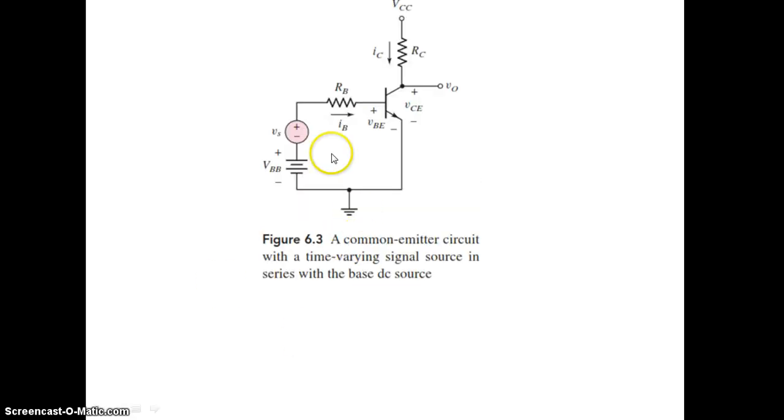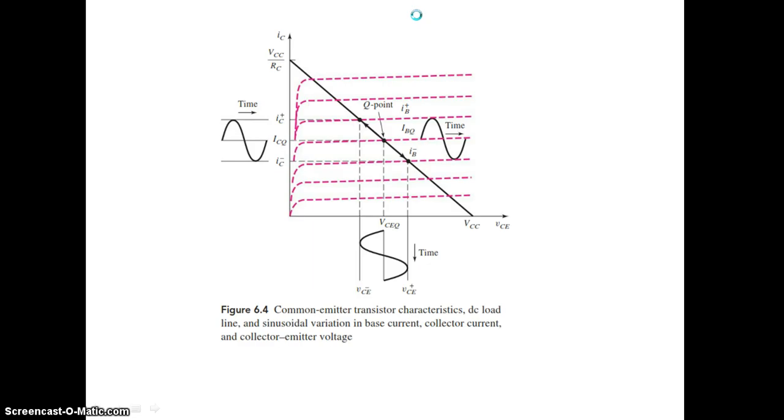So this is a common emitter circuit where VBB and the small signal voltage Vs are given, and in addition a DC power supply VBB is given. Base resistance, collector resistance, IB and IC, VBE, VCE have been given, and this is the plot of the output characteristics. Output characteristics means VCE versus IC for constant input current, that is IB. The DC load line is drawn from VCC by RC to VCC equal to VCE.